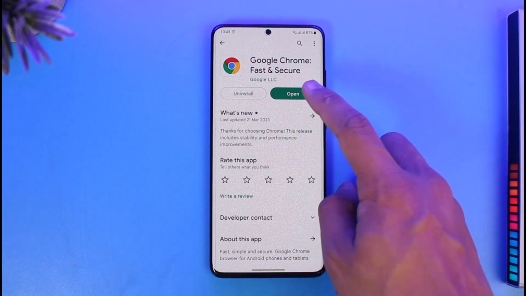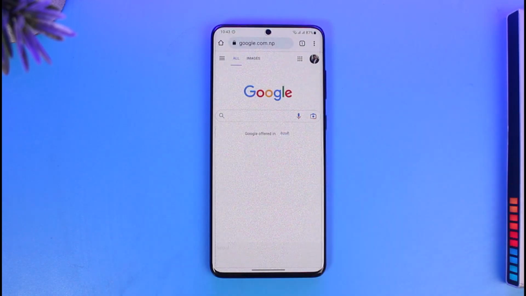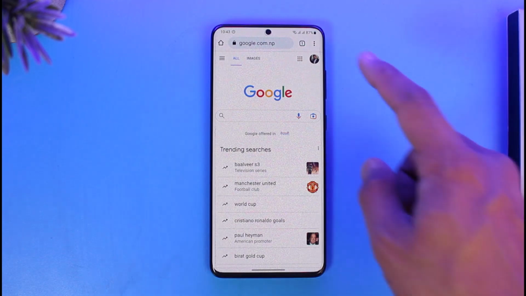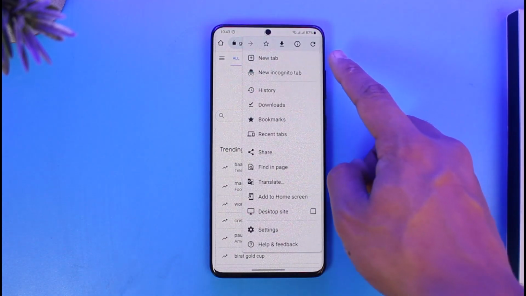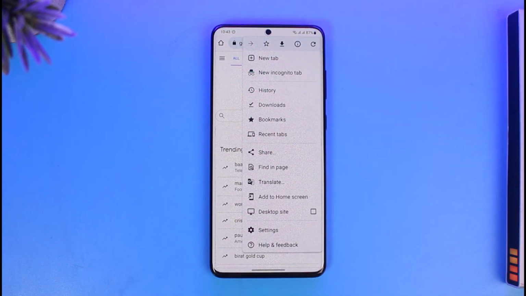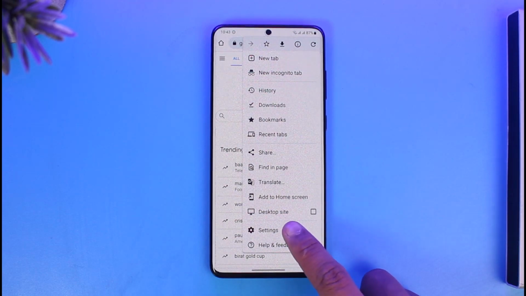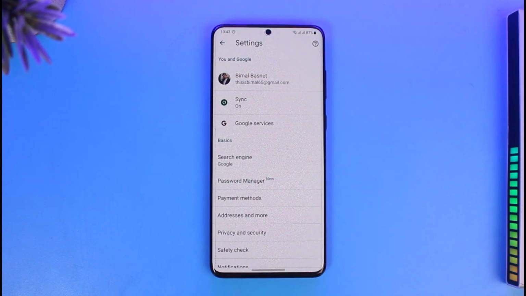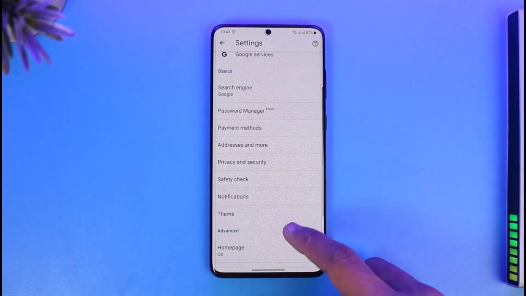For this, all you have to do is just open the Google Chrome app, then just tap on the three lines icon from the top right. Even if you're on PC, the process is the same. Once you tap on the three lines icon, here you'll find the option called settings. Just tap on it, and then once you tap on settings, just scroll down and then you'll find the option